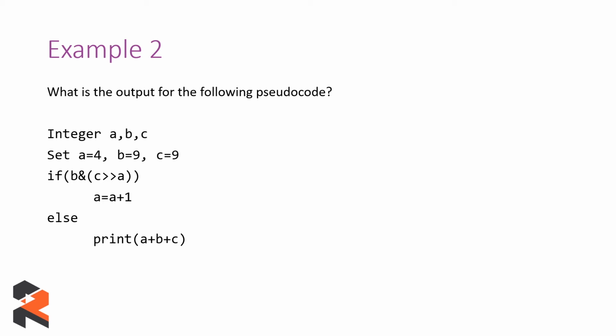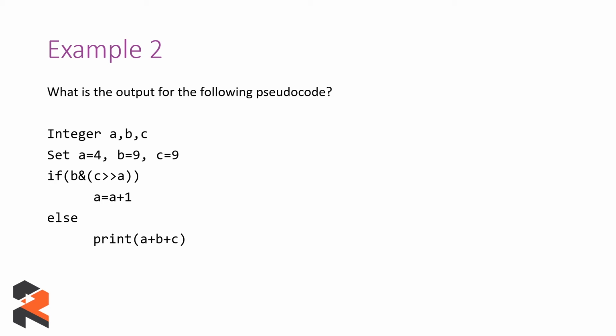So basically we have the value of c as 9 and the value of a as 4. So always, brackets or anything which is getting evaluated inside of brackets gets the priority first. So we have 9 which is right shifted 4 times. So if you perform the right shift operation on 9, you will get the value as 4 first, because it's an integer division as we discussed in the previous video.